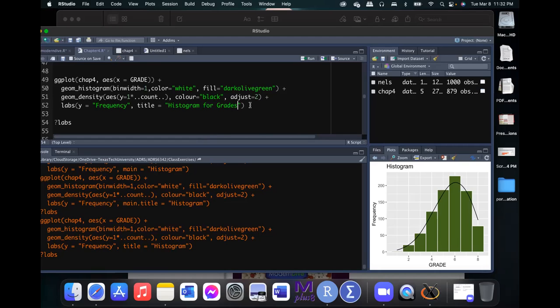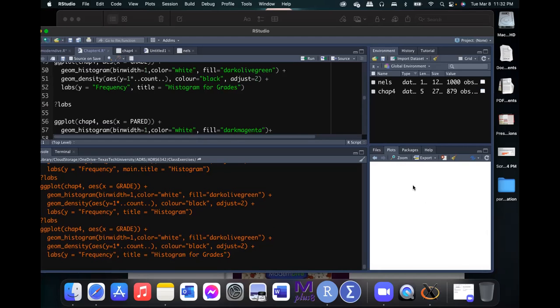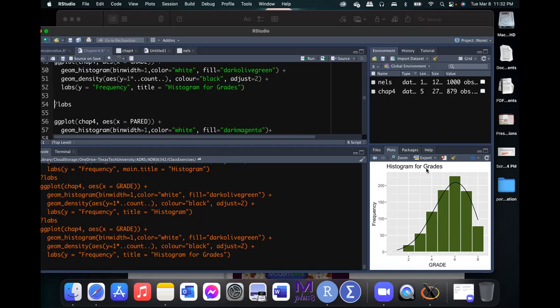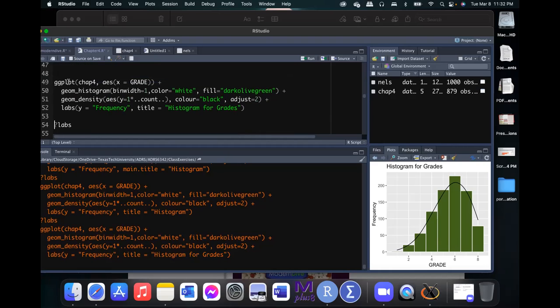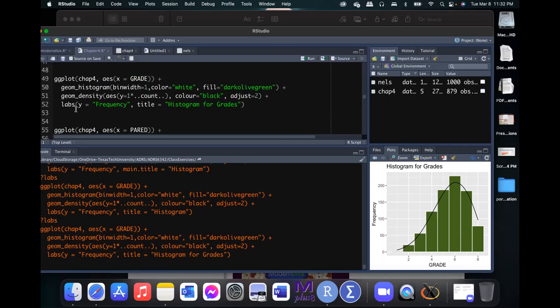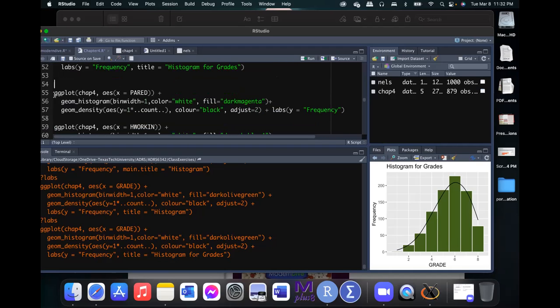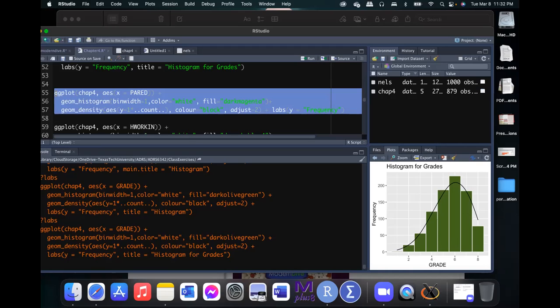And if I run this one, it will allow me to change the title. So the ggplot function actually is very flexible, and it allows us to play around with different arguments to customize the histograms that we are creating. So let's run some more histograms